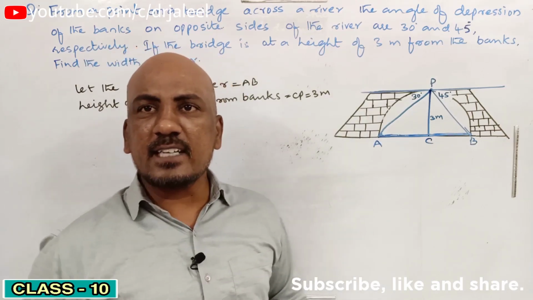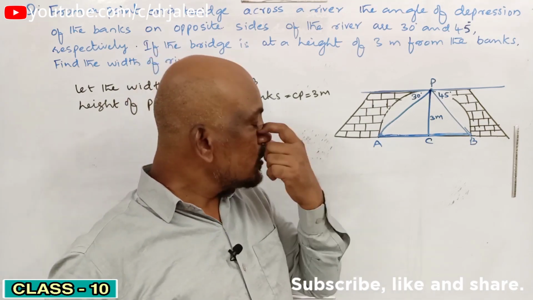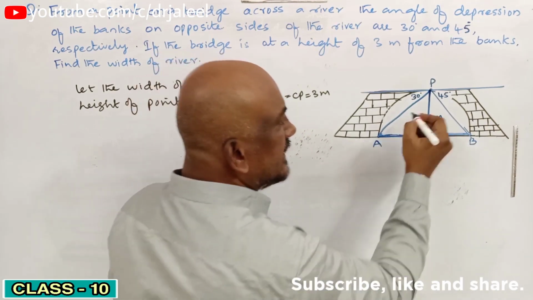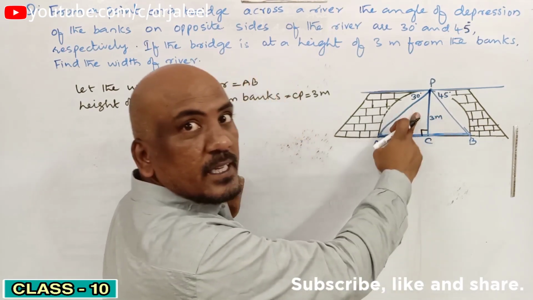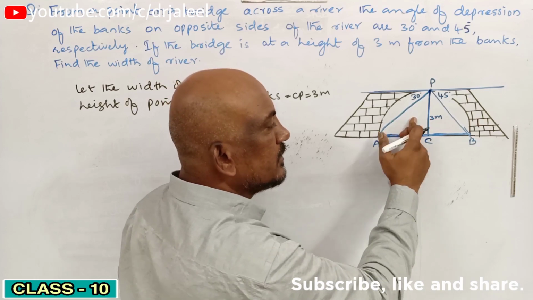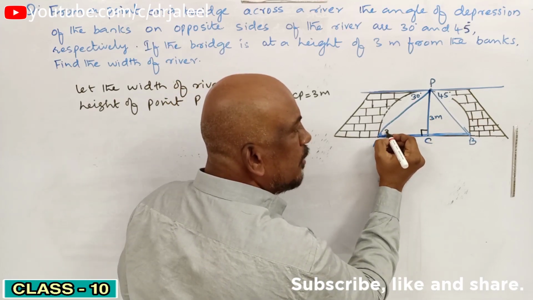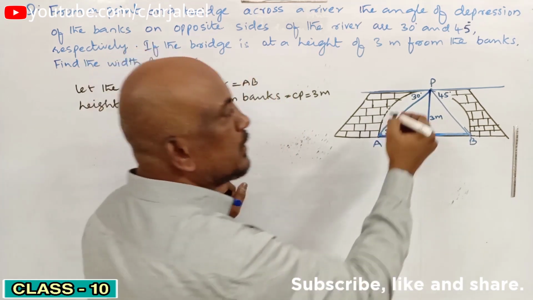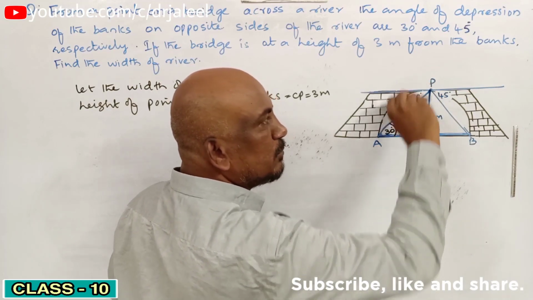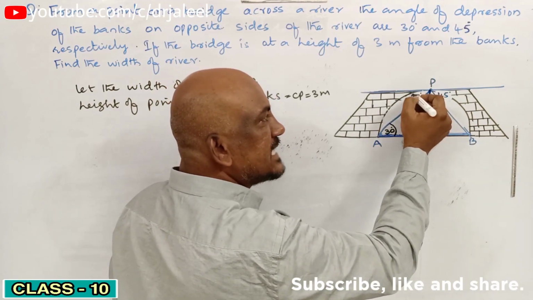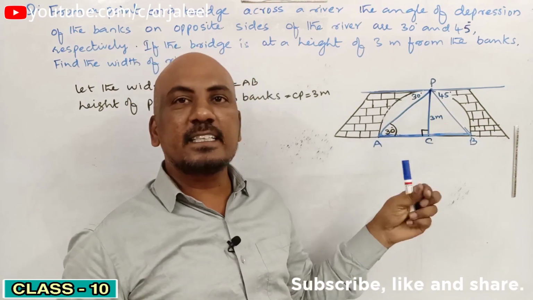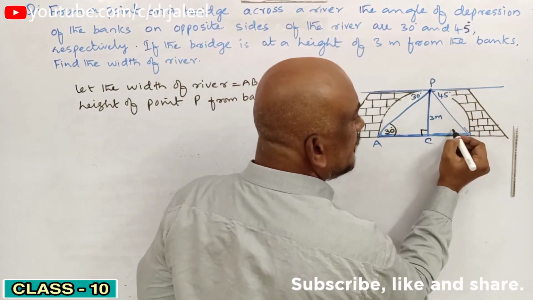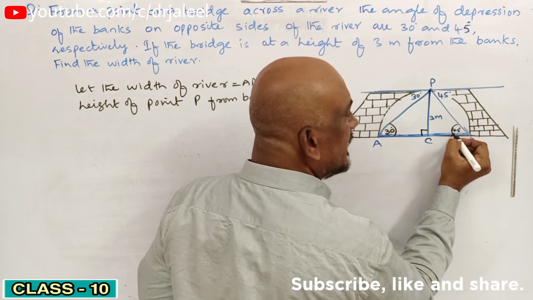Next, third step, applications of trigonometry. Here, let us first understand this. This is a right angle triangle, right? Left side one, this one. In this right angle triangle, you consider this angle. How much will this angle be? 30 degrees. Why is this angle 30? Because this horizontal level and the ground are both parallel to each other, and this angle and this angle are called alternate interior angles, and alternate interior angles are equal. Now if this is 45, this is also 45.